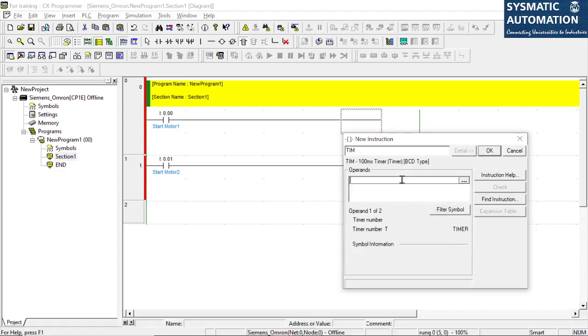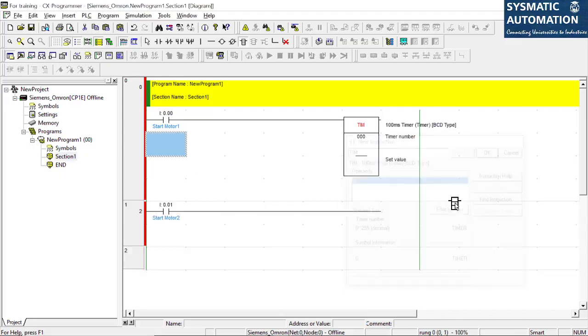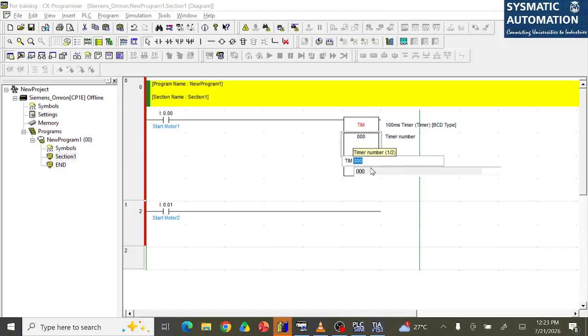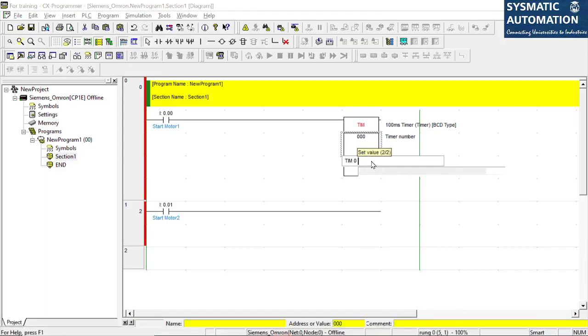TIM. Then I'll have to define the timer number. So I'll start with 0. This is my timer number 0. I'll say OK. Now see, it still shows me red here. Why? I'll have to give some timing to this. So set value is the time, at what time you want to set, right? So this is my timer 0, and the time setting is set with the